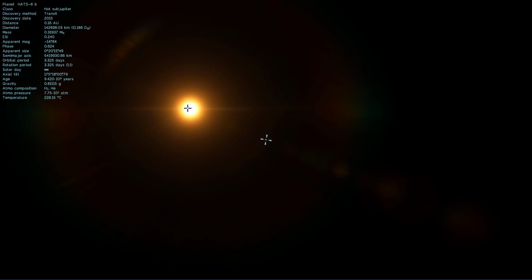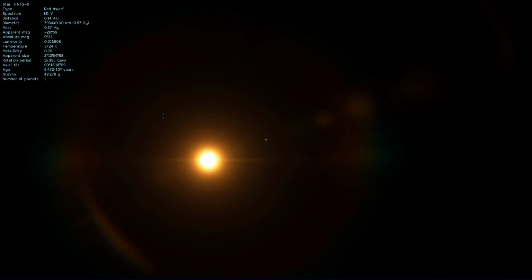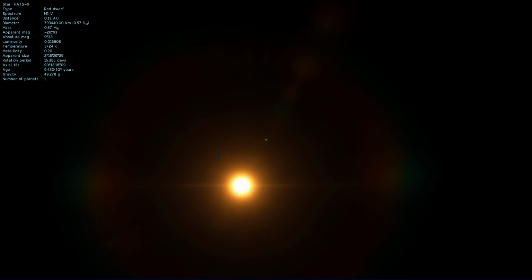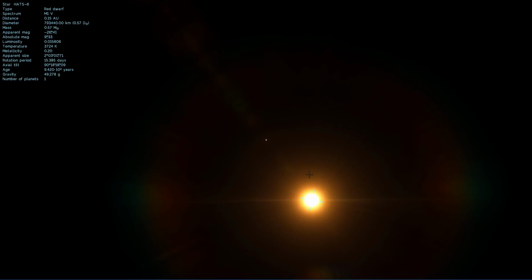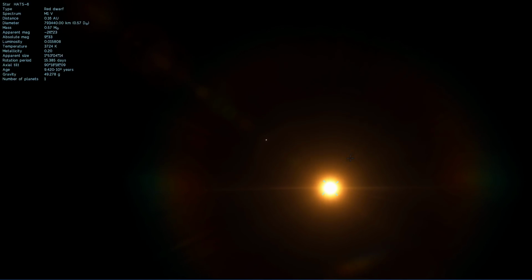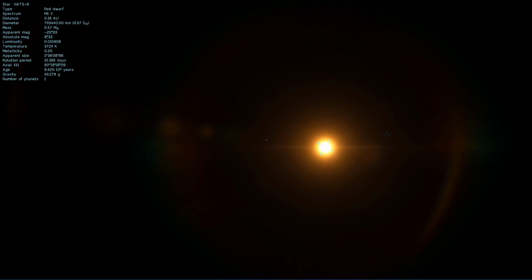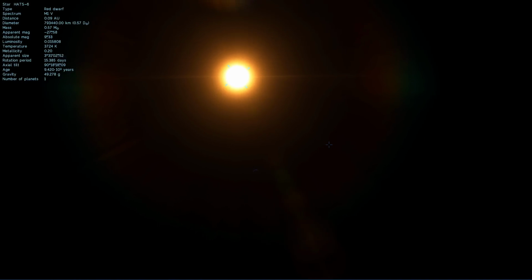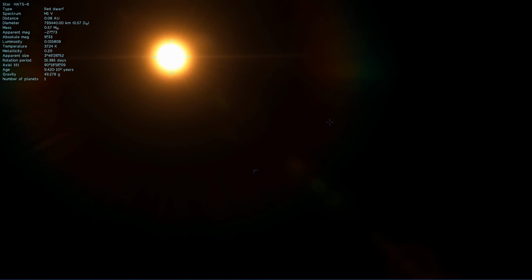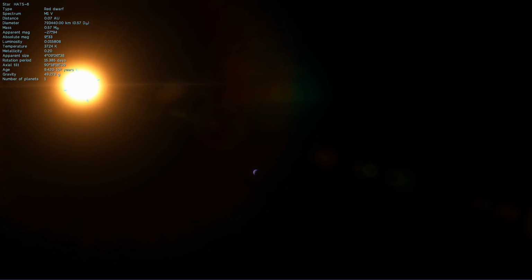In this case though, this is actually a red dwarf, an M-type star, meaning that it's a red dwarf that is not really massive. This one specifically is about 57% the mass of our sun, and not really that bright. So the fact that we found this planet means that it had to be very large for us to actually see it. Now, we've discovered only 3 gas giants orbiting around red dwarfs,